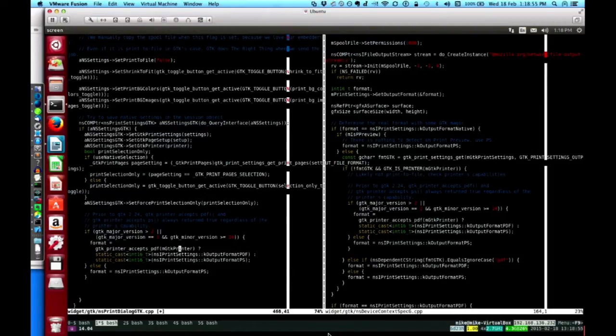It accepts PDF. So it's greater than 2. So we set it to accepts PDF only if we pass these conditions and GTK printer accepts PDF. Okay.